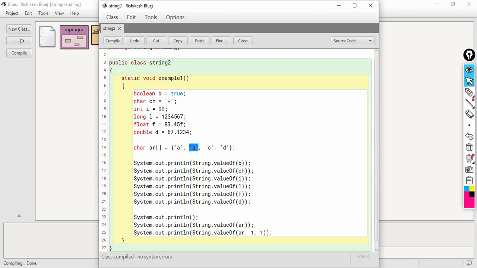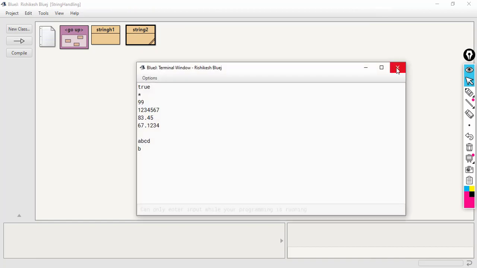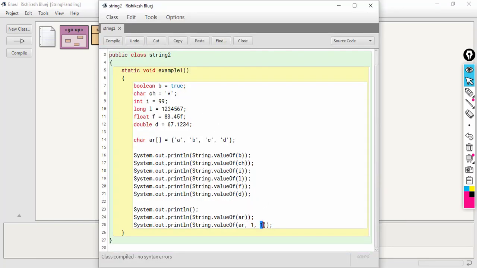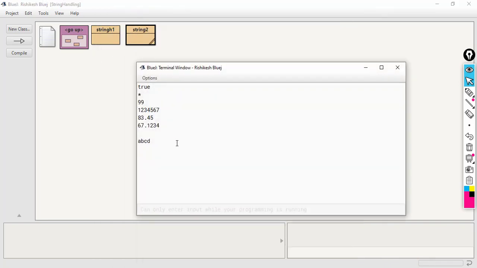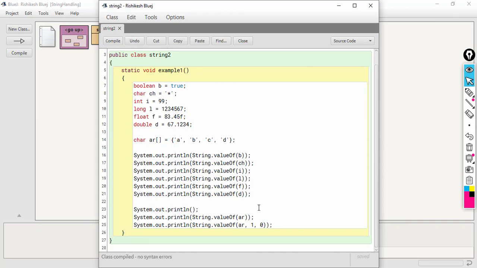So the answer will be B. And let's try 0 also. If we give 0 here, let's see what happens. We get nothing. So I hope you have understood the valueOf function.